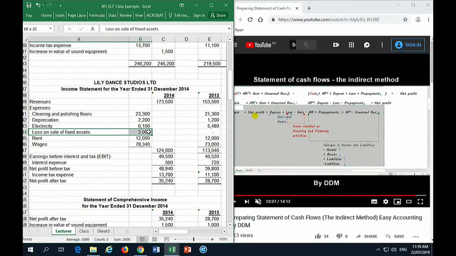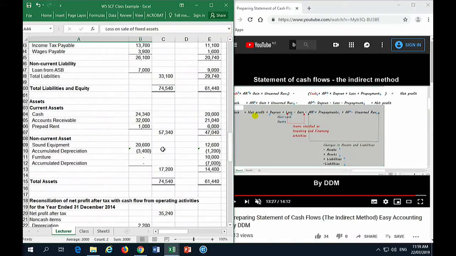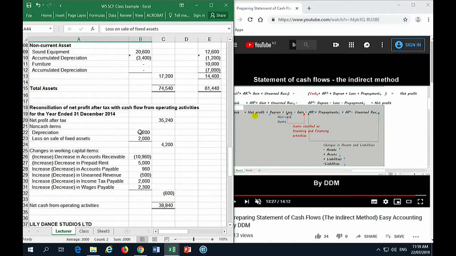Here. This is where we find it, all under 2014, because we're preparing 2014's cash flow statement. All right, and we take care of these two, sum it up, that's 4,200. Because we don't have anything else that classified as investing and financing activities, we move on to changes in assets